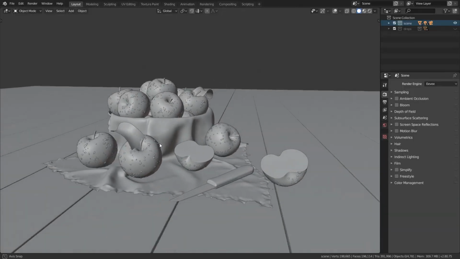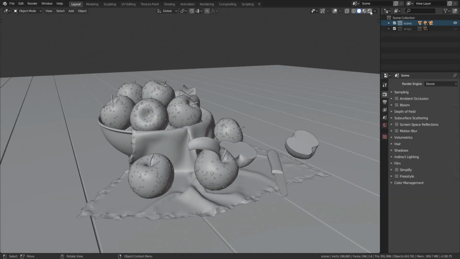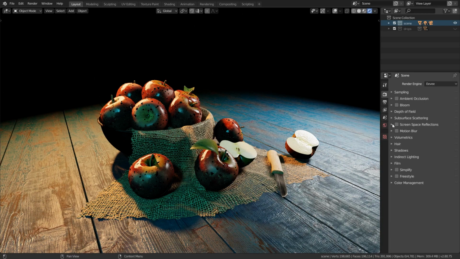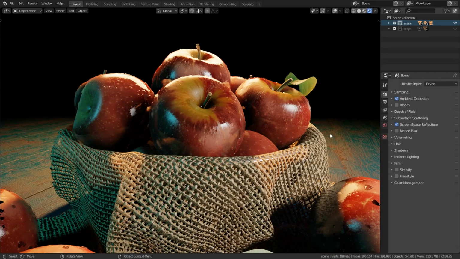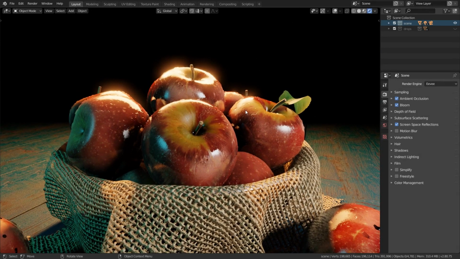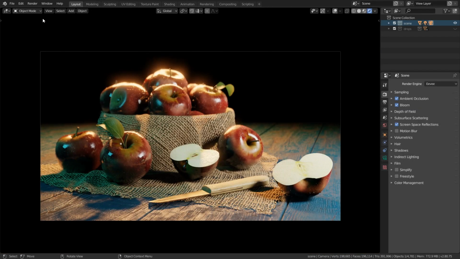In this video we will take a closer look at the Eevee render engine, which we basically used all the time till this point. But here we want to take a look at all the settings we have, some nice effects we can enable like this bloom glow effect or depth of field,